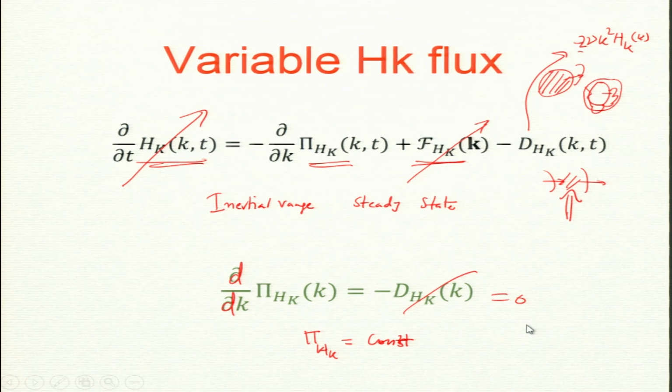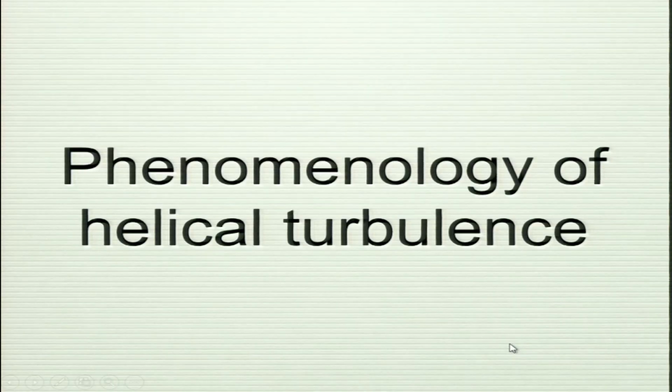Now we are ready with this for our phenomenology. So, phenomenology of turbulent helical turbulence. Please remember I am injecting some helicity. So, how to inject helicity? There are some kind of helical velocity fields, like circularly polarized, one direction more than the other. So, there could be positive circularly polarized and negative circularly polarized.